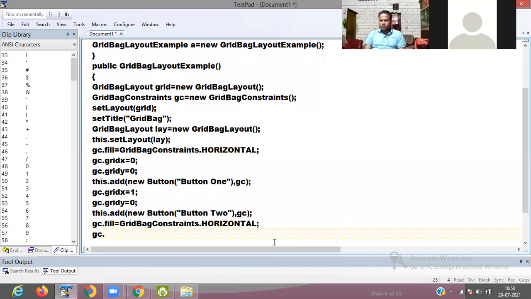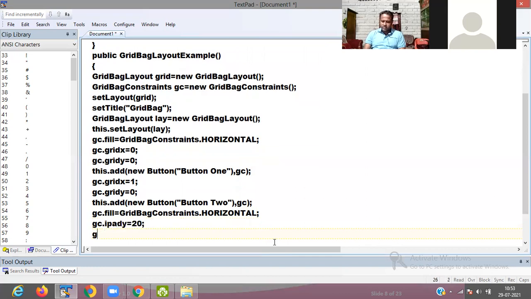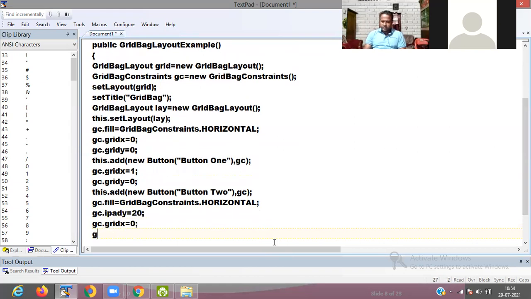Then gc.ipady equals 20, then gc.gridx equals 0.